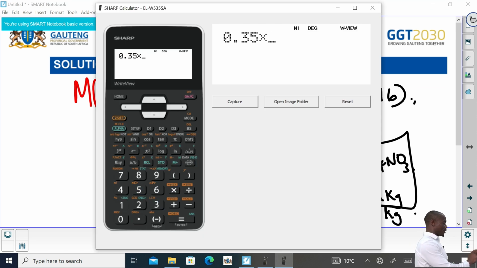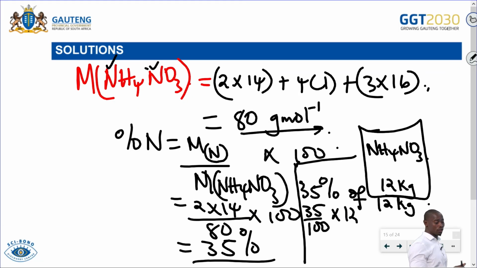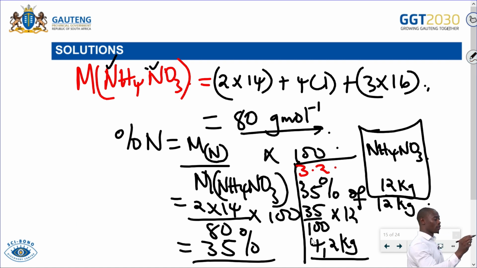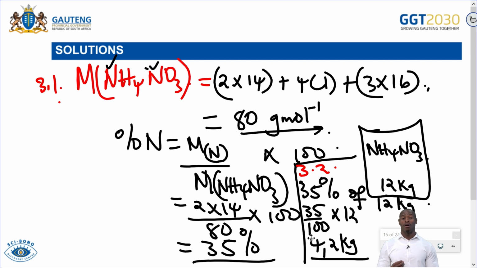0.35 multiplied by 12, so I'm having 4.2 kilograms. So the actual mass is 4.2 kilograms. This is your 3.2, and then this is your 3.1. Your 3.2, they are looking for the actual mass of nitrogen in that 12 kilograms of